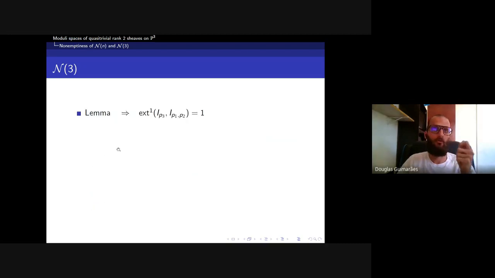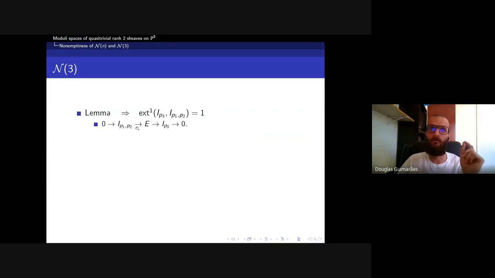So what we will do now, we will construct an irreducible component for N3. And to do this, we note that if you choose 3 different points in P3, this Ext^1 here has dimension 1 because of the lemma. This is just the length of this guy, which is 2 minus 1. What this is saying is that for every